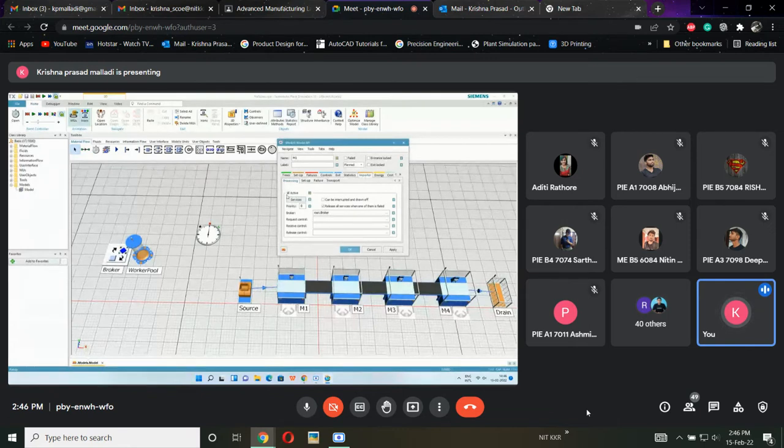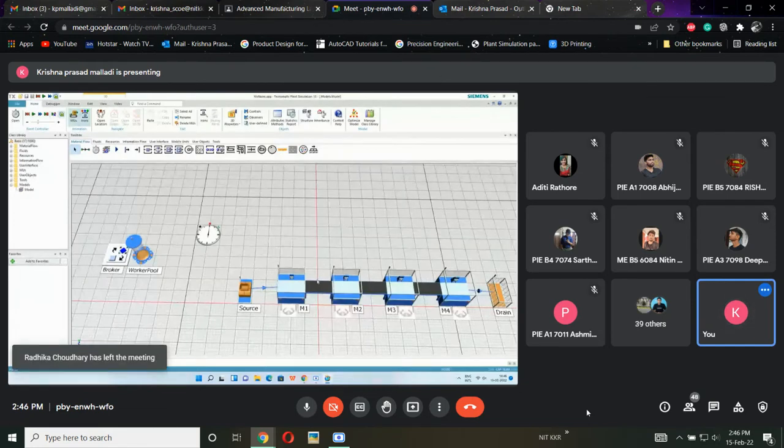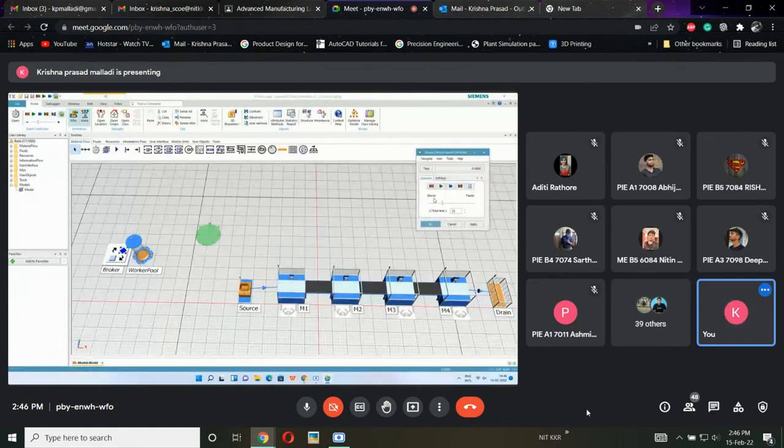If it is in disabled mode, what will happen? The machine will be operated on its own. Till now we are running the machines on their own. We haven't assigned any workers or any conditions, so the machines run on their own. Now I am clicking active. Now see, that's it. There is no refresh here. Reset the simulation. If I run it,